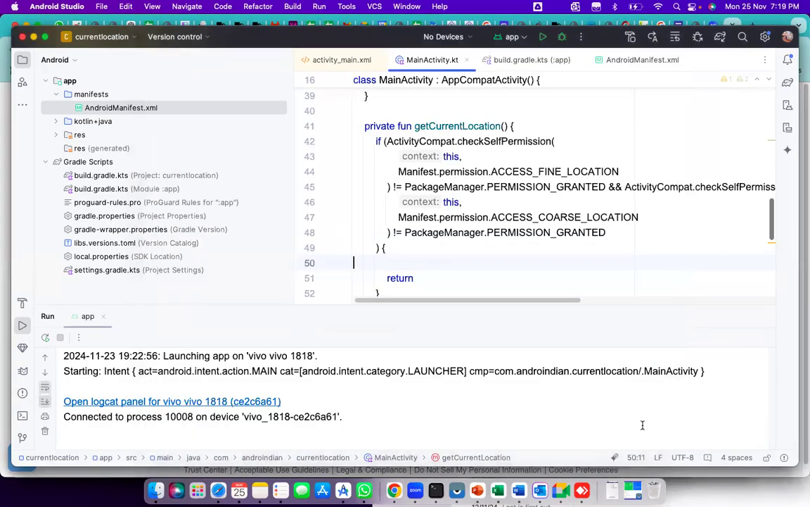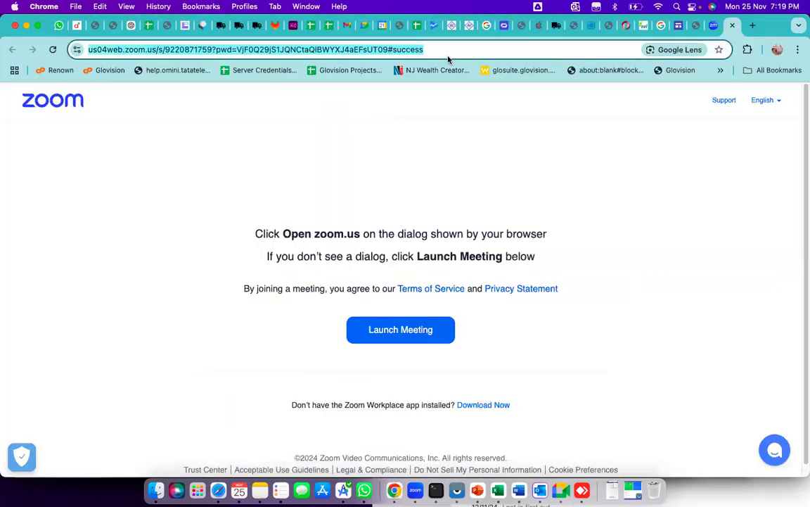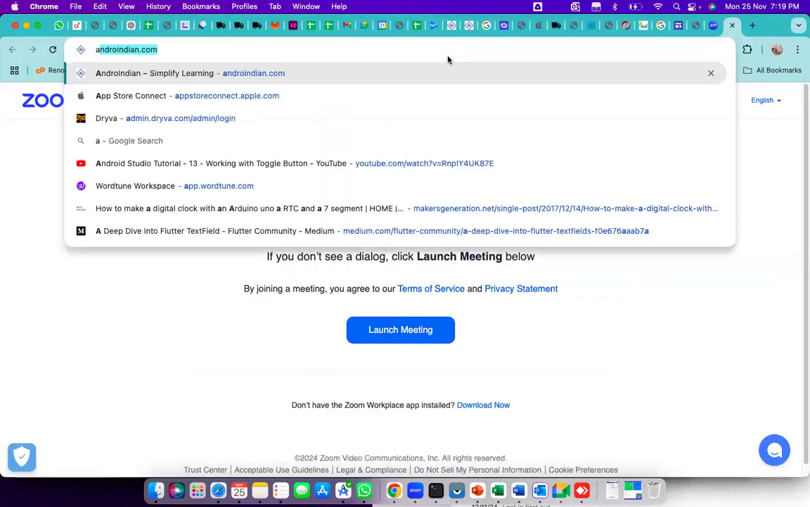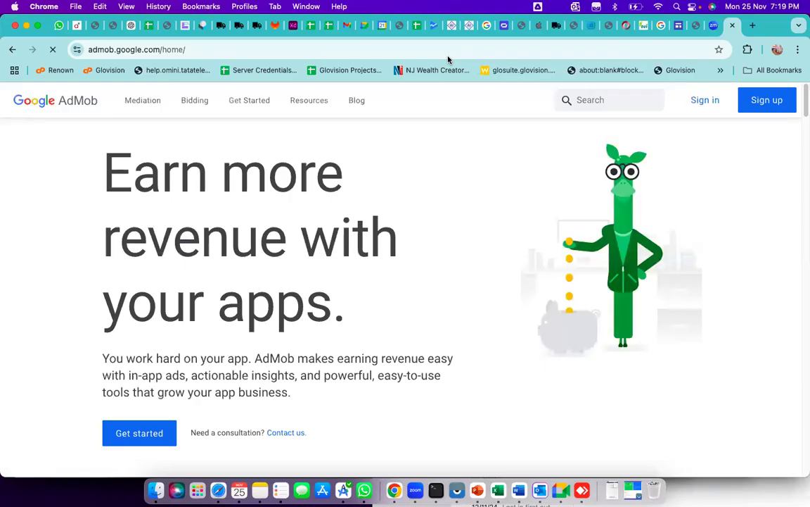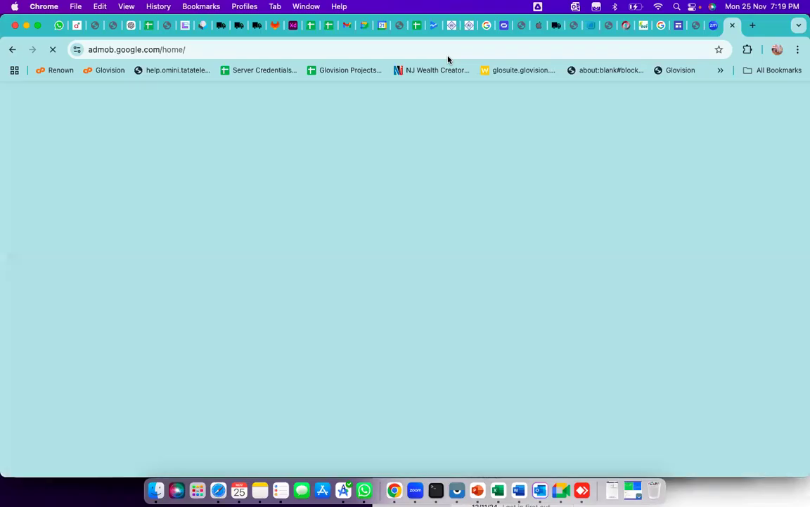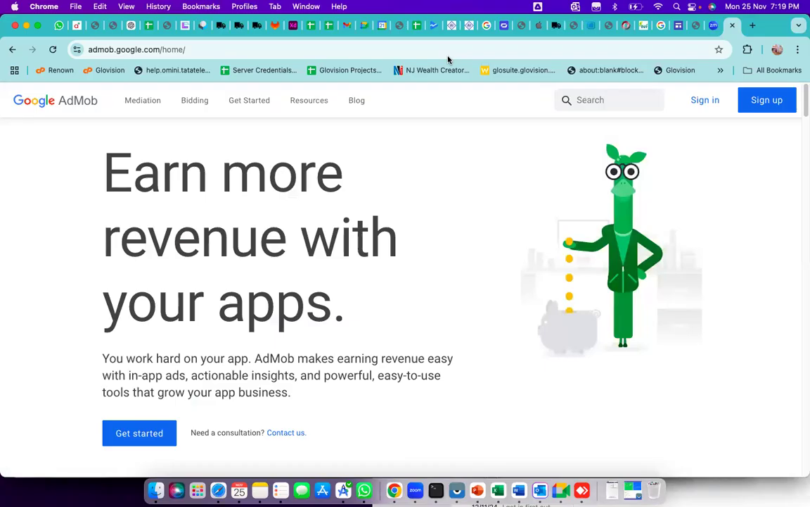Now, if you want to enable the ads in our Android, there is a third-party website. First of all, in that website, we have to create an account. Third-party means it is from Google only. So we have to create an AdMob account. In this AdMob account, first of all, you have to sign up using your proper details. While signing up, you should give the proper information. What is the proper information? Like